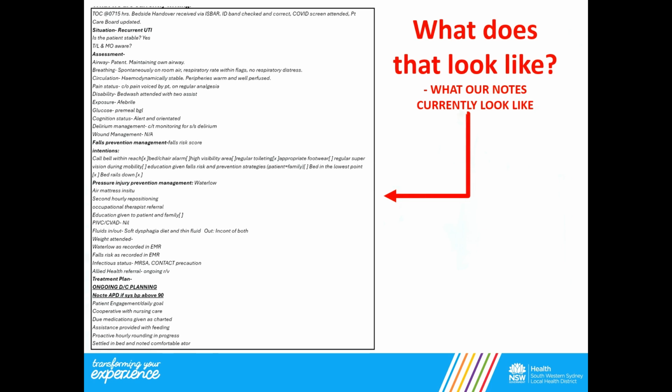Right now, I've just taken a screenshot of someone's A to G notes here in A61. If you recognize this as yours, please don't feel like I'm picking on you. I just picked one at random. You can see it's quite long. And if you've got 4, 5, 6 patients and you're writing this on a shift by shift basis, that can be the anchor that drags you down from getting out of here on time. So our goal is to go from notes that currently look like this